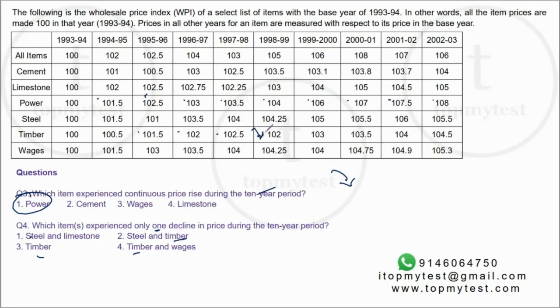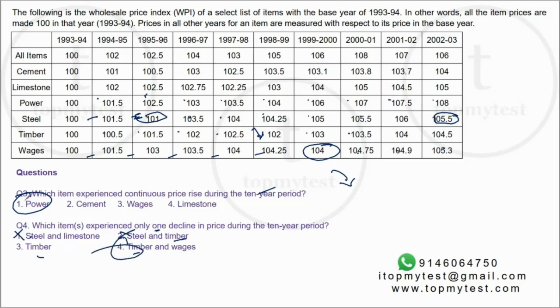There's a decline. That is one decline. Rise, rise, rise, rise. Okay, so timber is one such part. So this is out. Does not help me because I have to still match these two. Okay, let's try steel. Steel is a rise, one decline. That's 1. Rise, rise, rise, rise, rise, rise. Oh, decline here. Steel has 2 declines. So this is out. Okay, I need to check wages also. Rise, rise, rise, rise, rise. This is 1 decline. Rise, rise, rise. Okay, wages also matches. So 2 of them.